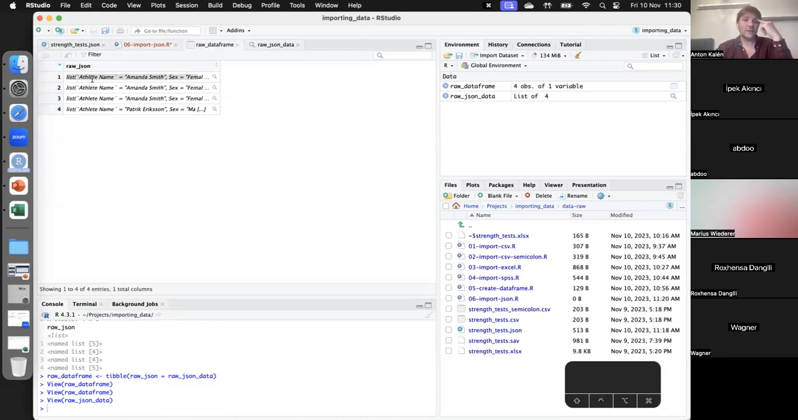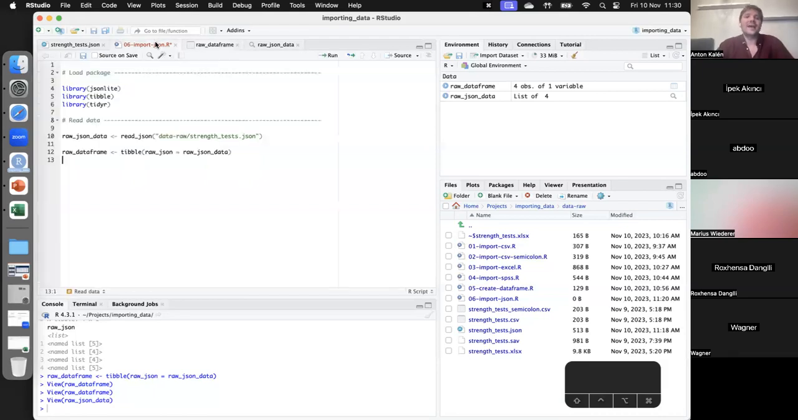The thing is, now we want to get these different ones. So we don't want one variable that is raw JSON. We want one variable that is athlete name. We want one variable that is sex, and so on with all the different ones. To do this, we will use a tidyr function that is called